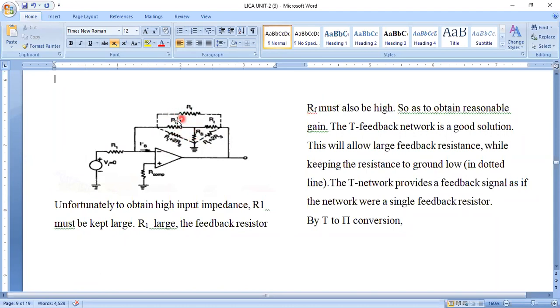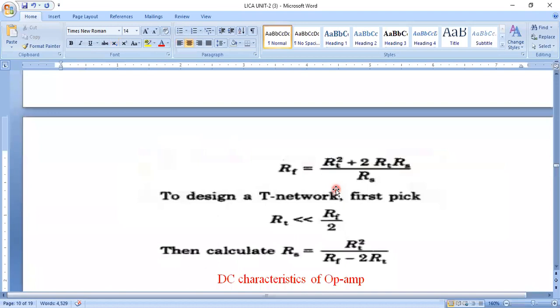That means with the help of the T feedback resistance, it is a very good solution for eliminating input offset current, and also we can provide a proper resistance to the circuit, and also we can create a proper relational gain. So this is how we analyzed the circuit.